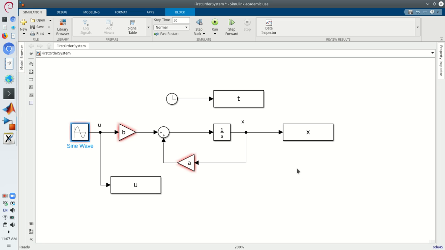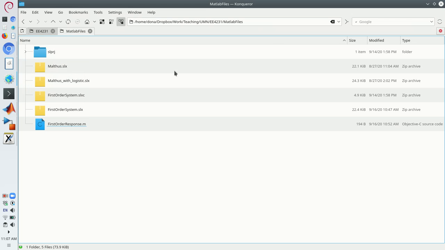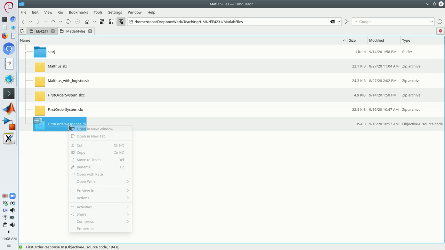I'll compute manually what the output is. I just choose what C, the variable C, is going to be. Remember, D has to be equal to 0 so that our formula makes sense. And so in order to do this, I'm going to the directory where I have all our MATLAB files, and I have already prepared